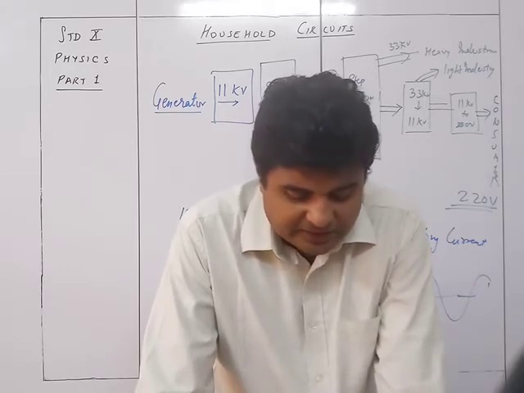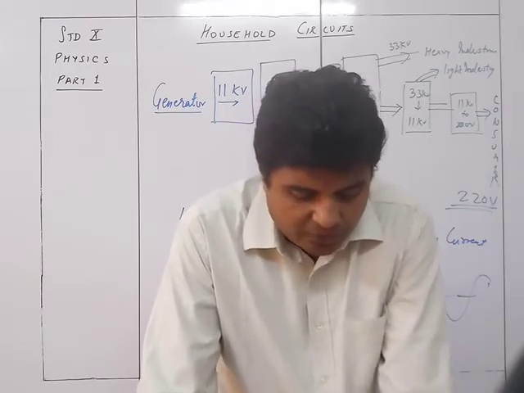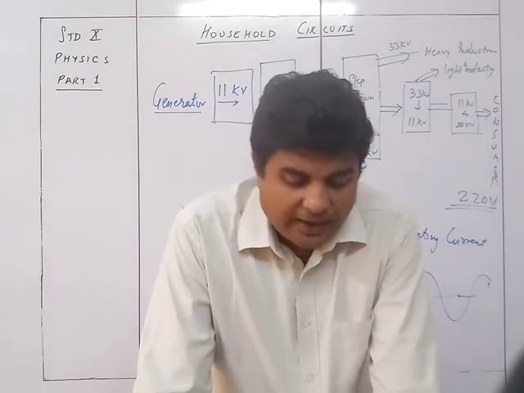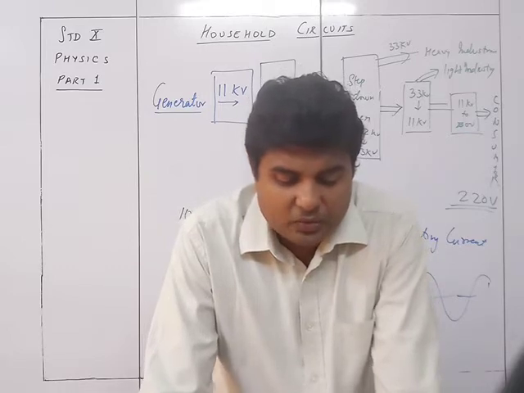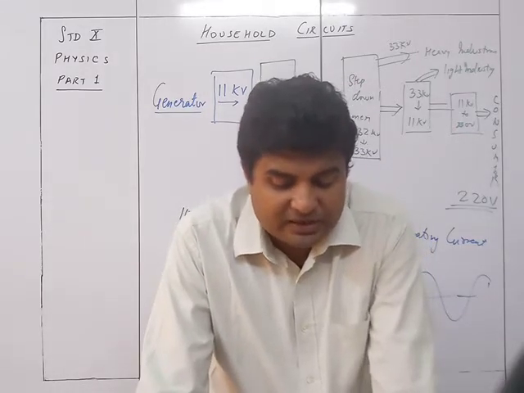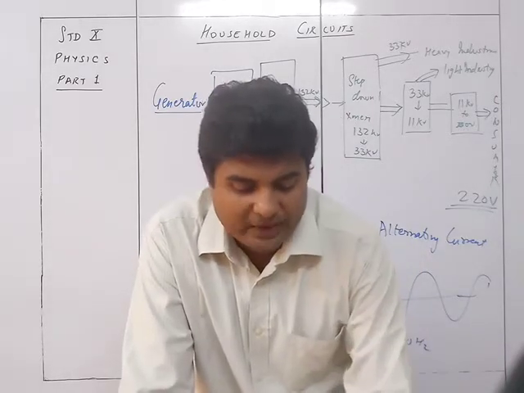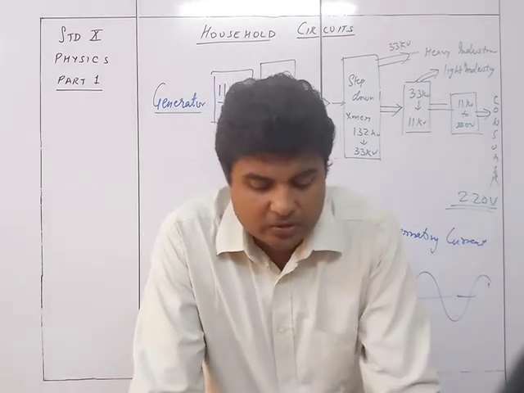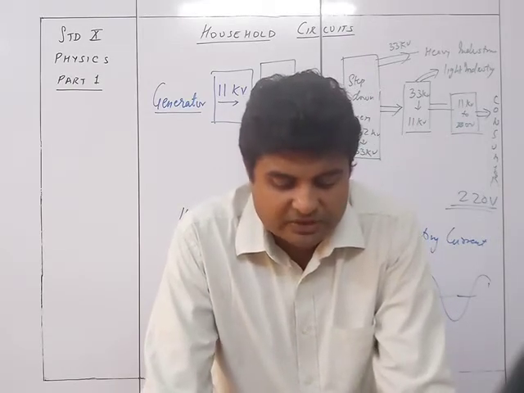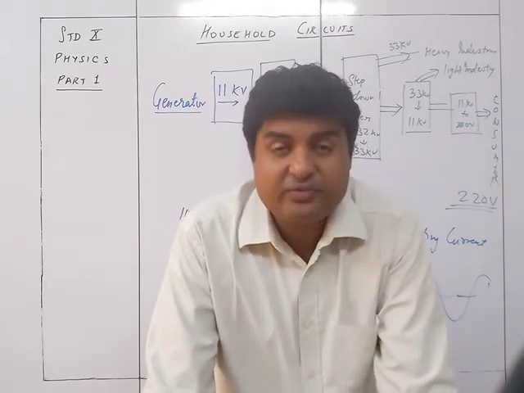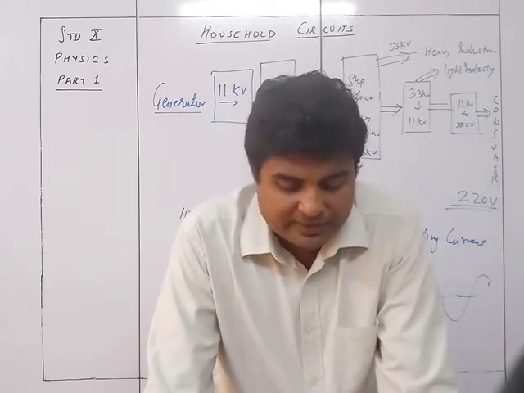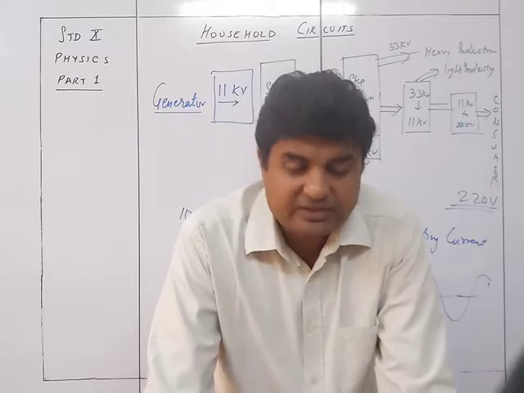At the intermediate substation, the voltage is again stepped down from 33 kV to 11 kV using a step-down transformer, and from here it is transmitted to light industries and city substation. At the city substation, it is further stepped down from 11 kV to 220 volts using the step-down transformer to supply it to the domestic consumers. The transmission of electric power from the generating station to the consumer is shown in figure 9.1. Figure 9.2 shows the simple block diagram of the transmission of electric power from generating station to the consumer.